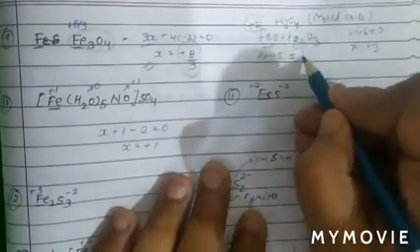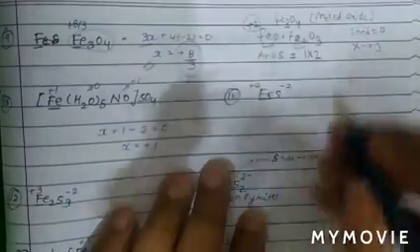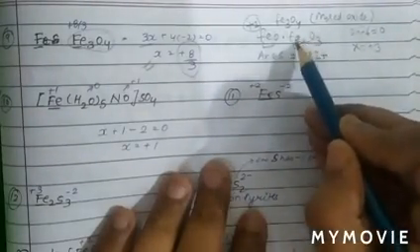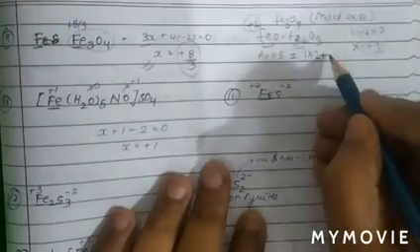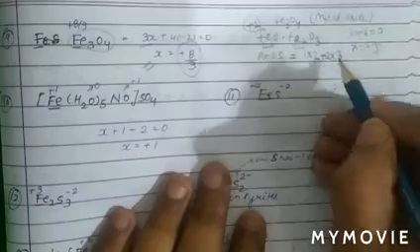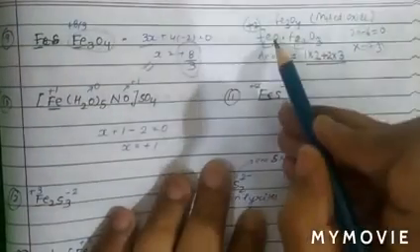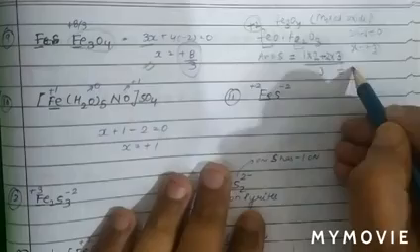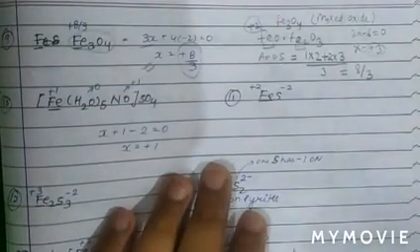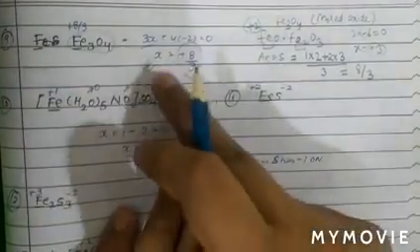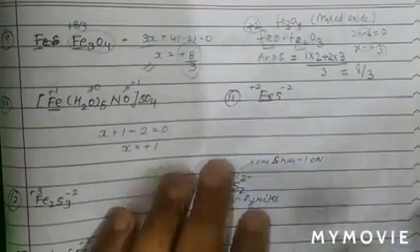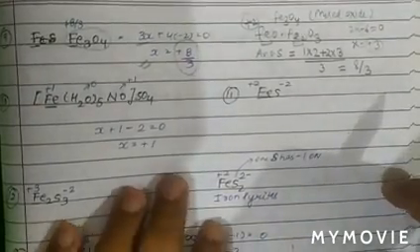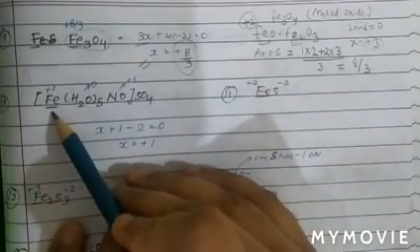Fe2O3 it is +3. In this case we always calculate the average oxidation state. So the average oxidation state will be: 1 iron atom with oxidation state +2, so 1 into 2, plus, in the other compound, 2 iron atoms with oxidation state +3, divided by the total number of iron atoms, which is 1 plus 2, 3. So 2 plus 6 is 8, so the average oxidation state also comes to 8 by 3. So this is the correct method for calculating oxidation number in the case of mixed oxides.